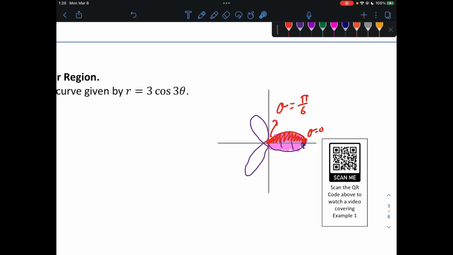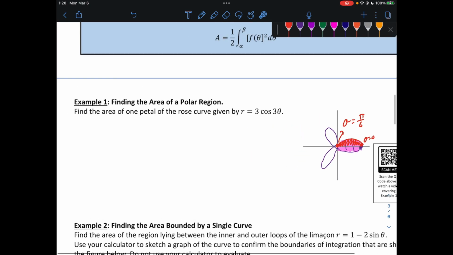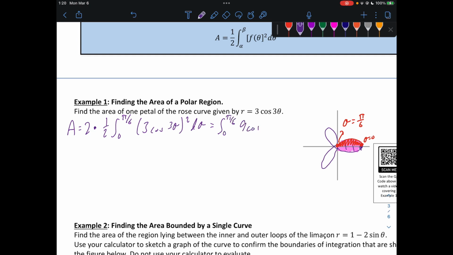So we're going to find the integral of this, and then double it to get our answer. Okay, so area is going to equal 2 times, we're doubling it, remember, don't forget, our formula, which is 1/2 integral from 0 to pi over 6 of f of theta squared d theta. So that's going to be 3 cosine 3 theta squared d theta. The 2 and the 1/2 out in front cancel, so I'm left with the integral from 0 to pi over 6 of 9 cosine squared